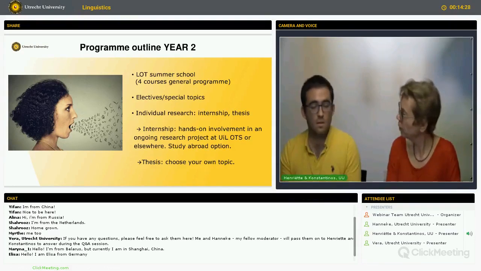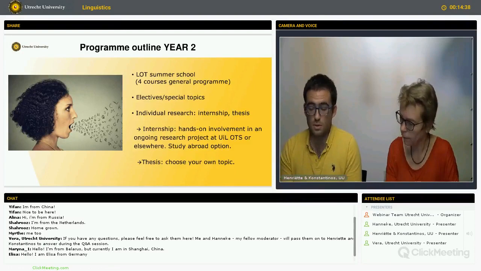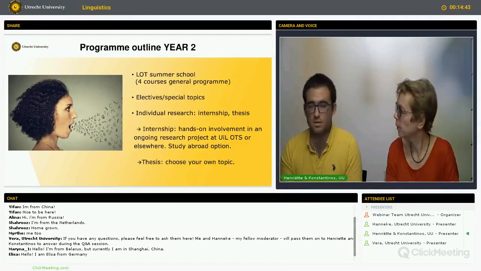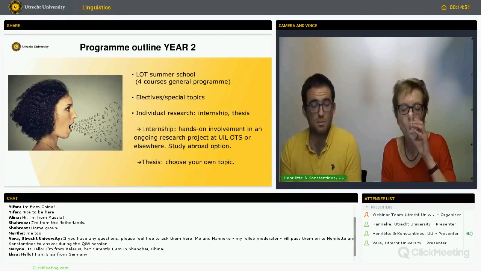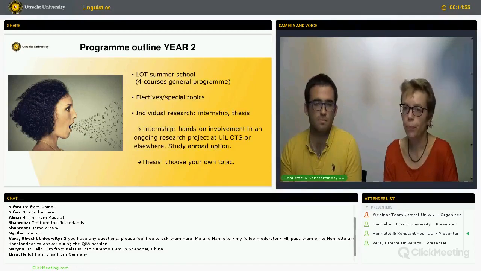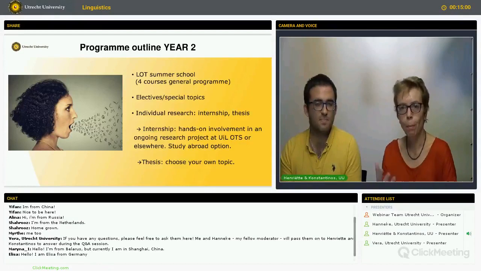Were there interesting courses for you in the Lot Summer School? Yeah, there was a huge variety of courses, but you get to choose either if you want to reinforce your methodological background, get deeper into statistics, or even other experimental methods, or if you want to zoom in on your subdiscipline of choice. Right. And one of the interesting features is also that you get to meet teachers from outside of Utrecht University. Indeed, so it can also complement the offer that is in Utrecht.